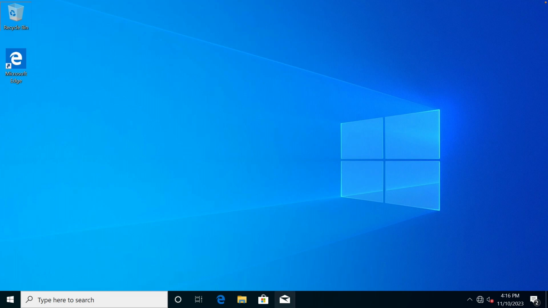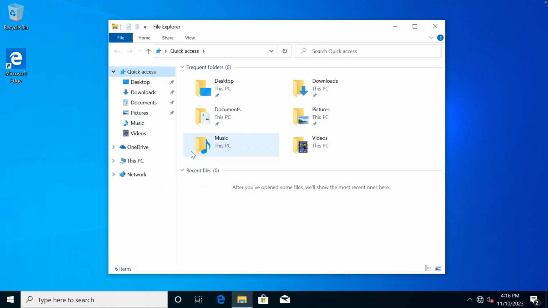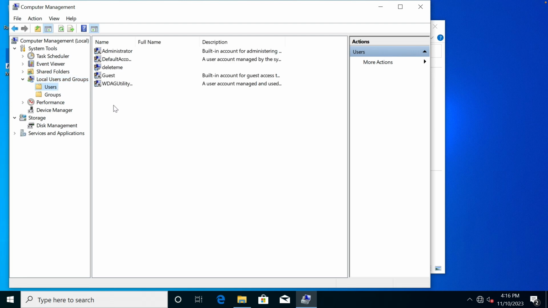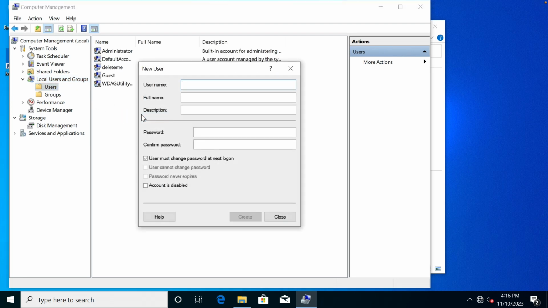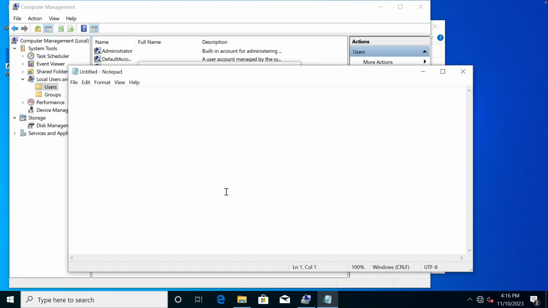So now what we're going to do is start with creating our custom environment. Let's go ahead and open up Explorer and right click on this PC, go to Manage, and then in here we're going to create our first local user. So local users, right click and say new user. We're going to go with Gale for this one, and let's use a password. Let's open up Notepad here. Let's use